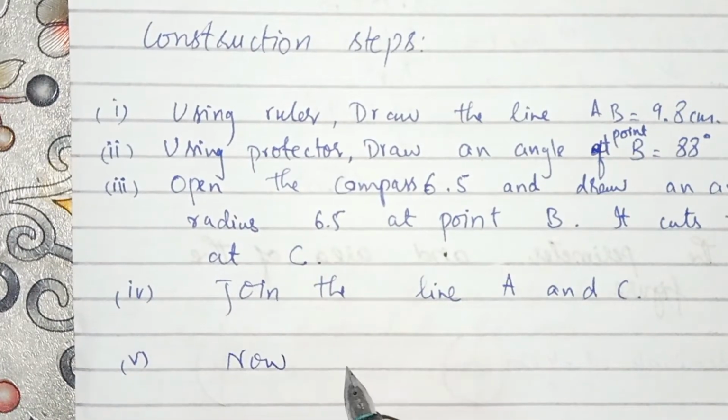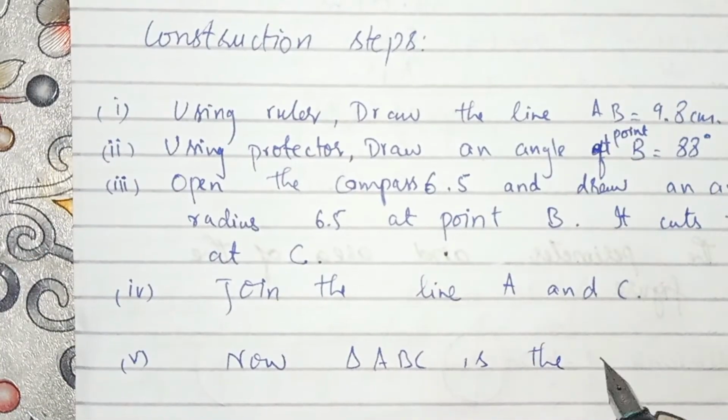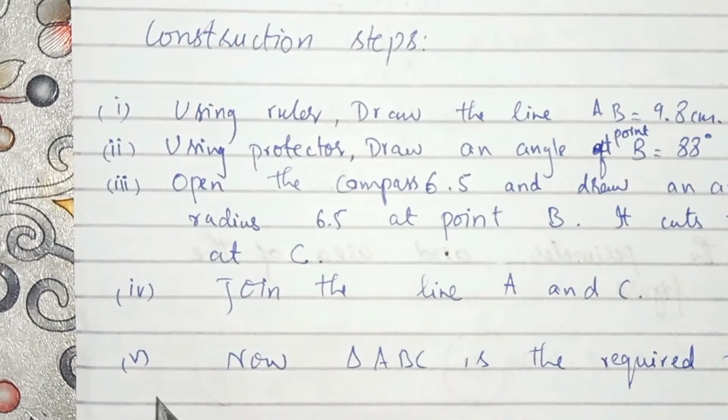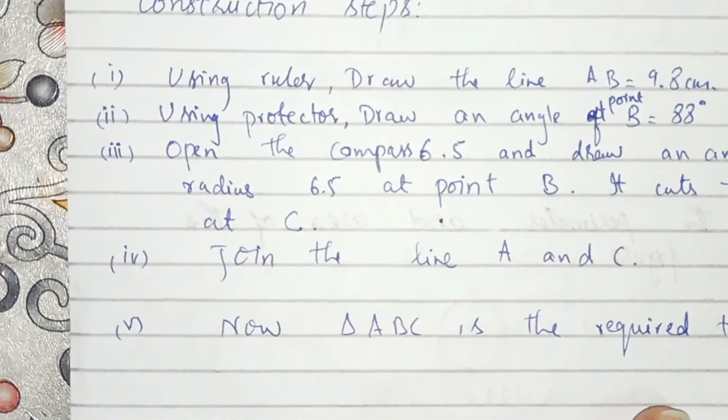And now triangle ABC is the required triangle. In part number 1 we have to measure the line AC, and in part number 2 we have to